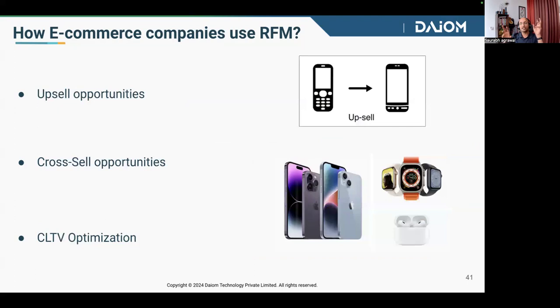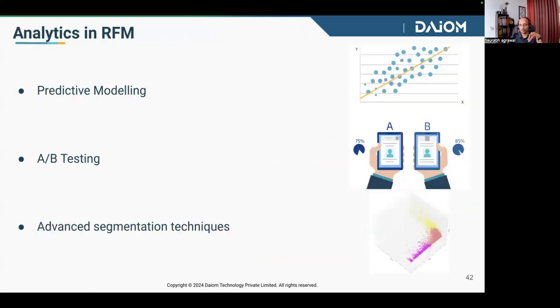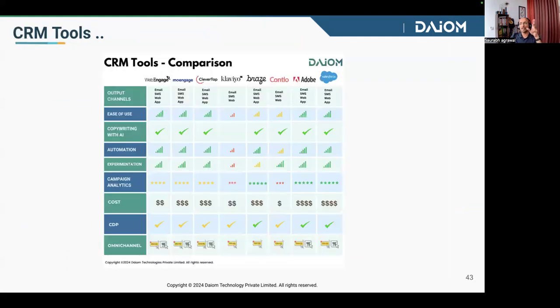So that is where upsell, cross sell are key campaigns you have to do. So RFM will tell you whom to target. What to target with will be the personalization layer you have to add on top of it, which is something many people miss. Okay. So there are all these tools available: Web Engage, Mo Engage, CleverTap, Klaviyo, Braze, Conflow,